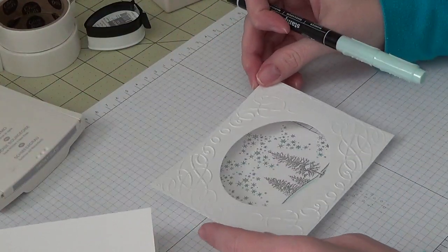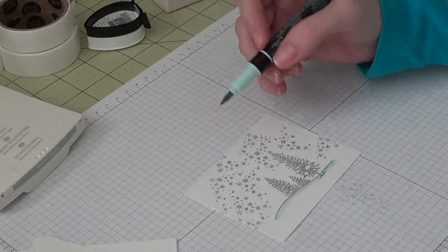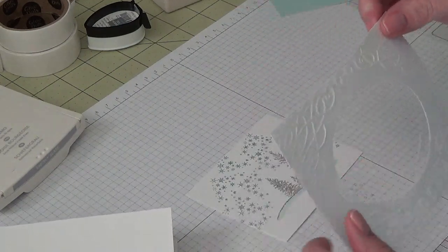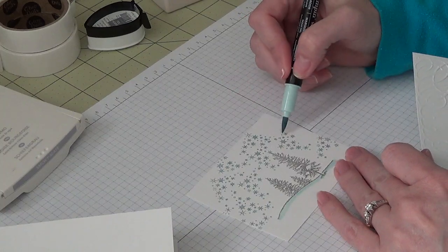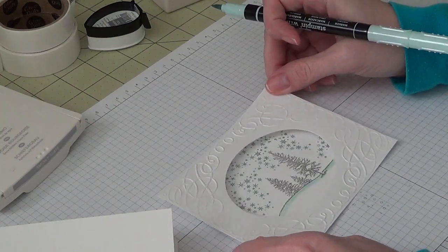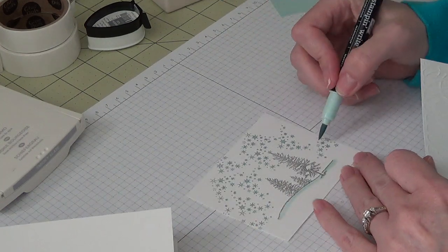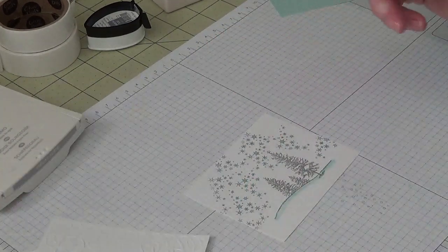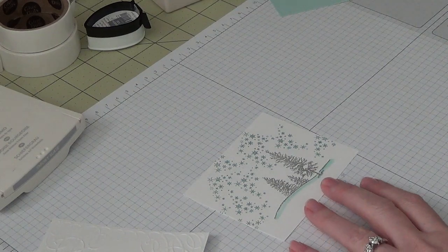I'll take the frame again and see if we missed any of them. So that looks about good. A couple more on there. Then I took my